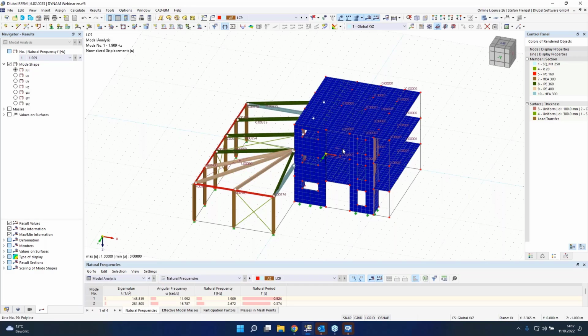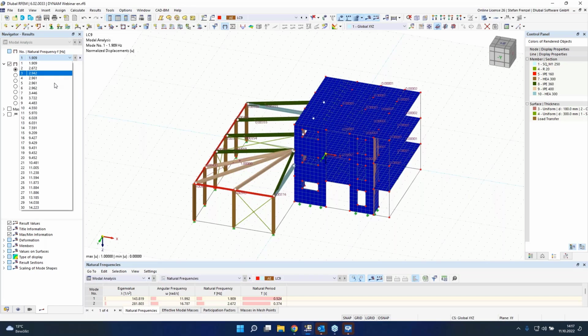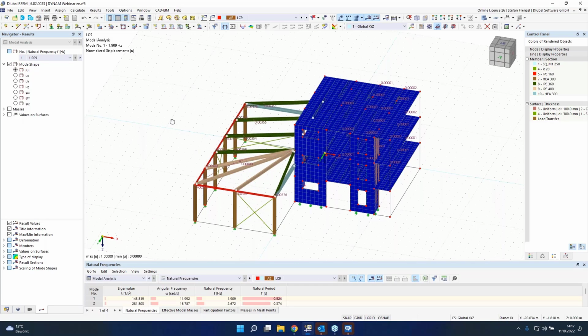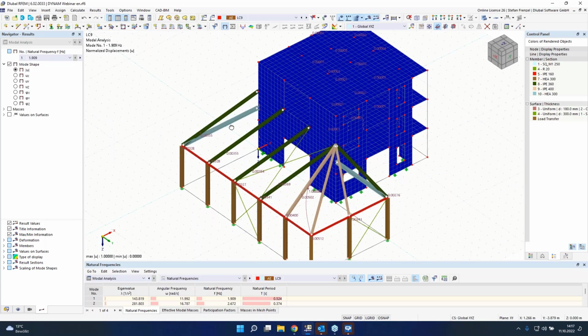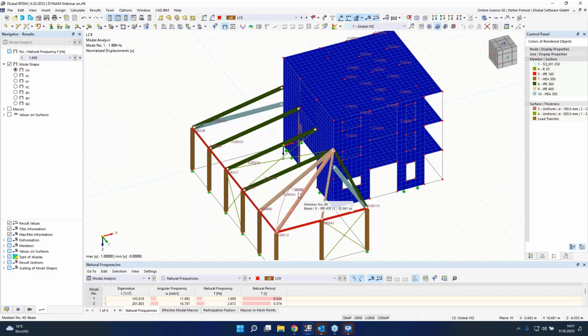At first we have the result here in our navigator results. We see our natural frequencies from 1st to the 31st, and of course I have the option to look at the mode shape and the masses. You see in the graphic, if I rotate it a little bit, that I have, for example, my biggest value for the deformation here, and that means if I have a look here in the table,